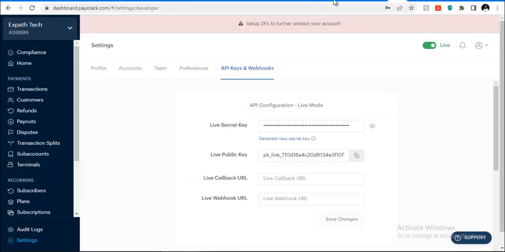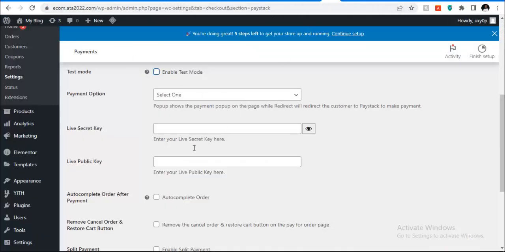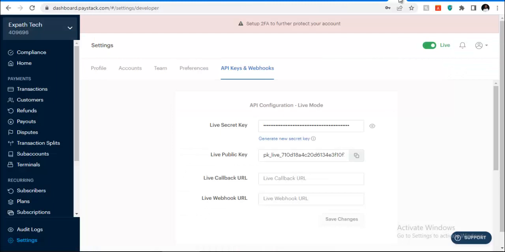Just copy this, put it here. Then the public key, copy it and put it there. So that is how you connect it. Right, that's how you connect your Paystack